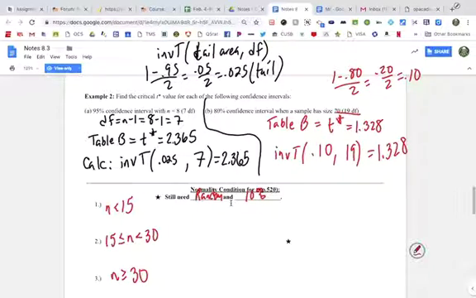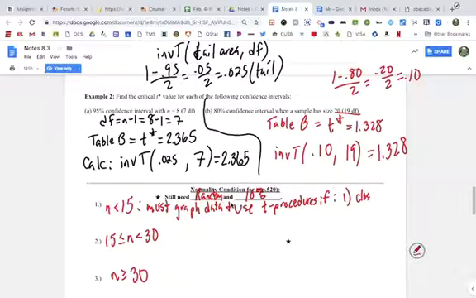If our sample is less than size 30, so it's less than 15 in this case, you must graph it and use t procedures. There are 2 conditions. 1, it's close to normal. What do I mean by that? For something to be close to normal, it has to be symmetric and single peaked. And 2, no outliers. So if it's less than 15, you must graph the data, see that it's single peaked, symmetric, and has no outliers. If that's the case, you can use the t distribution as long as it's random and meets the 10% condition. All right, if it's between 15 and 30,